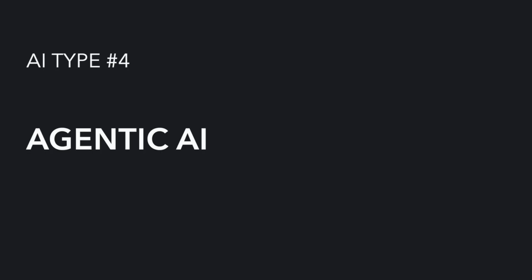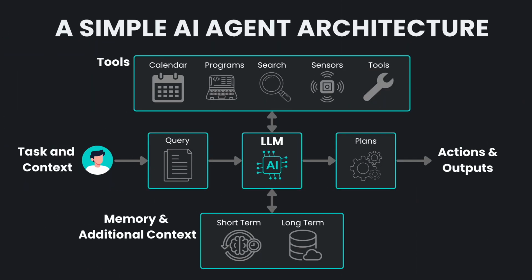Now, generative AI is good at a variety of different tasks in business, and it's good at a variety of different things in knowledge work. But if you want to automate your workflows, you're going to need a different type of AI, and that's agentic AI. So, agentic AI is another word for AI agents. And everyone, especially in the last year or so, has been talking about AI agents. Let me very quickly explain what they are, and then we'll get into the details of where they're strong and weak. So, an AI agent is actually typically built with a large language model at its core.